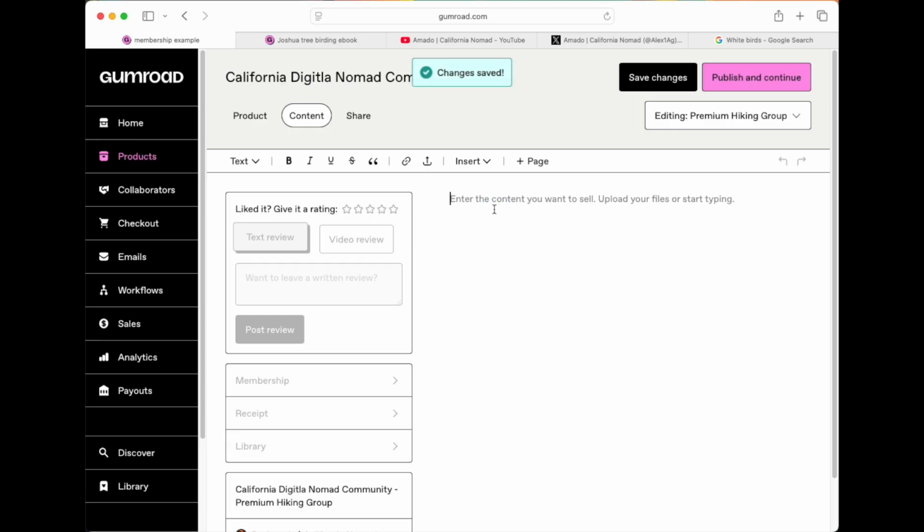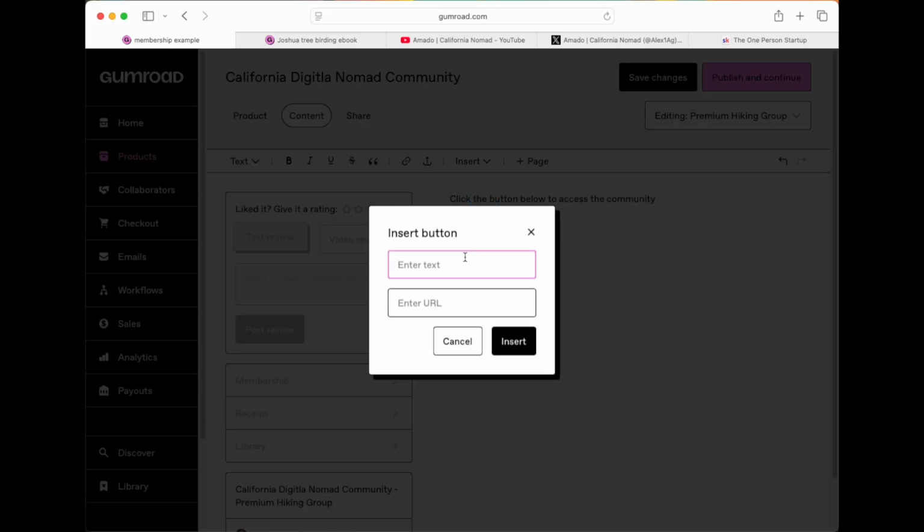And once again, you're going to put all the information and details right here. So I said that I had a school community. I'm going to go ahead and put that link right here. Click the button below to access the community. Now we're going to put the button, access community, put the URL link,